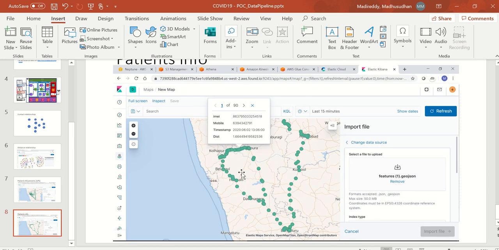We can also draw the map and see in which coordinate and at what time, what is the mobile number of which patient, and how much distance from his previous coordinate. Right? So that's all. Thank you so much for the opportunity.